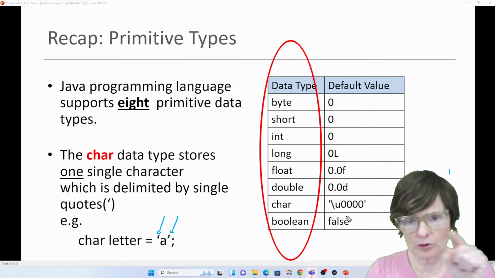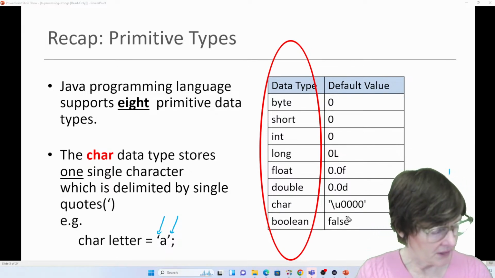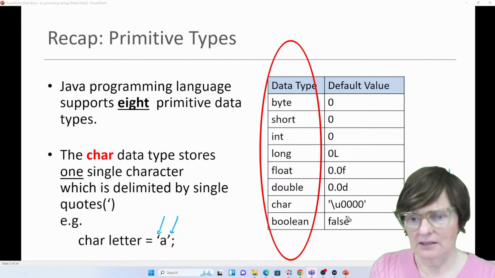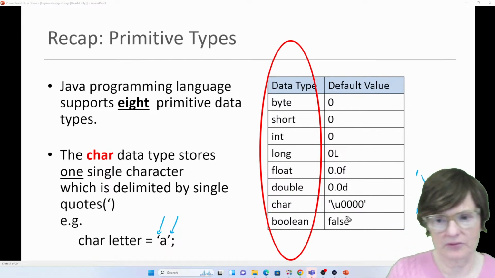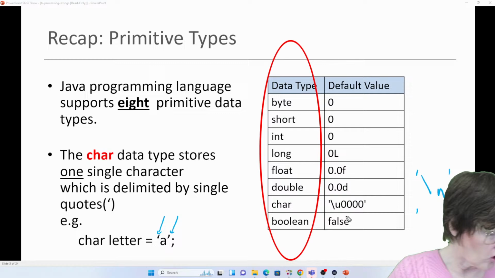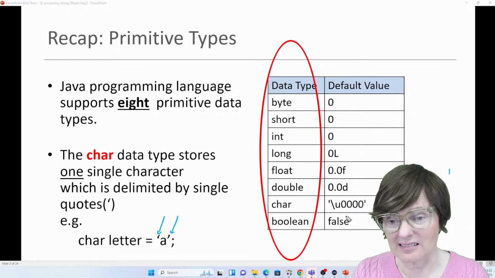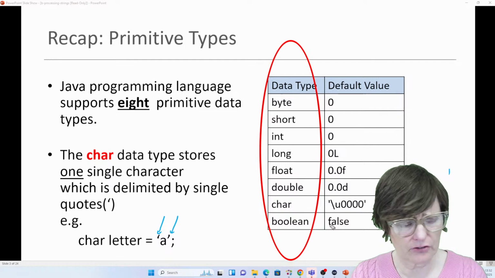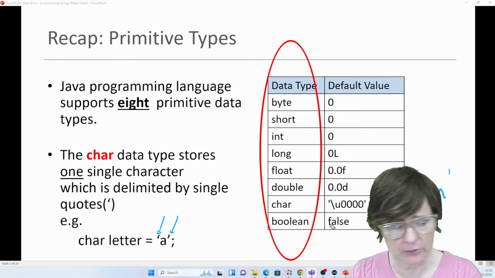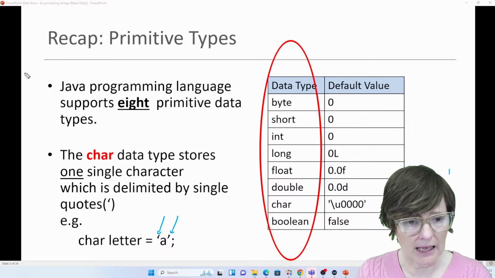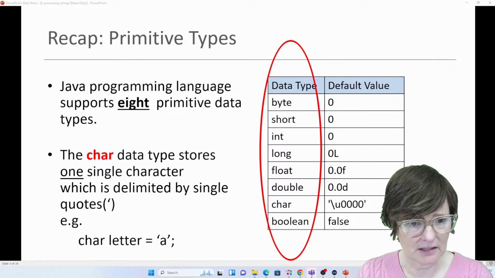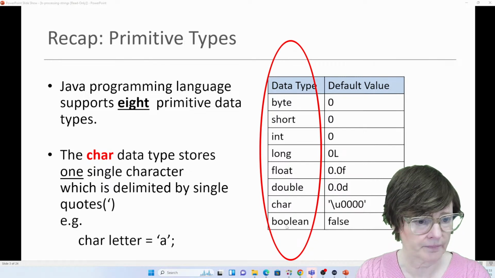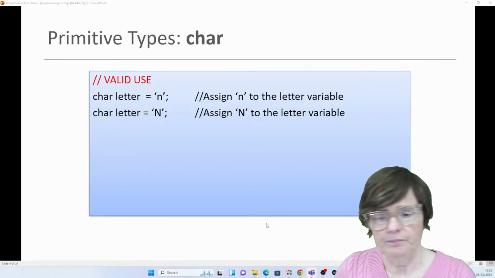So the single quote is for one character, but the backslash means that you're either using something like the \n, or the U means it's the code for it. So you have a big capacity of how many characters you have, but the real simple ones we'll be using are just simply a single quote. That's the important thing, that it's a single quote. Okay, so